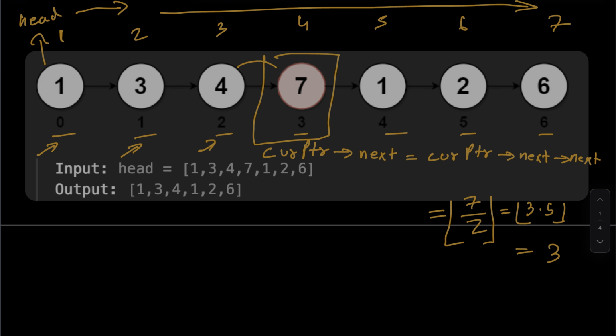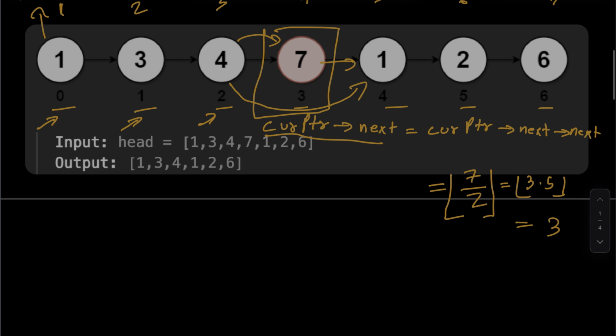So current pointer's next was 7. Now we are modifying that: current pointer's next will now point to current pointer's next next, which was 7, and that 7's next was 1. So we are now directly pointing 4 to 1. And then our resulting linked list will look like,